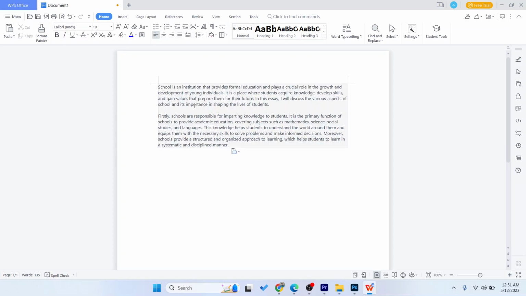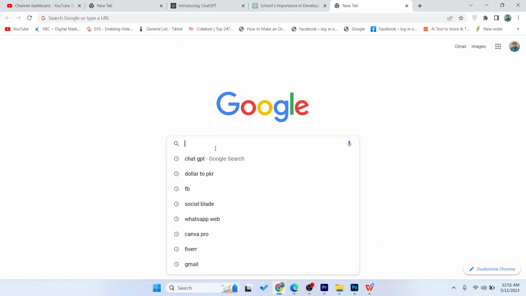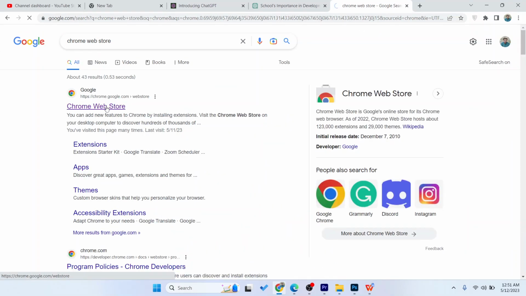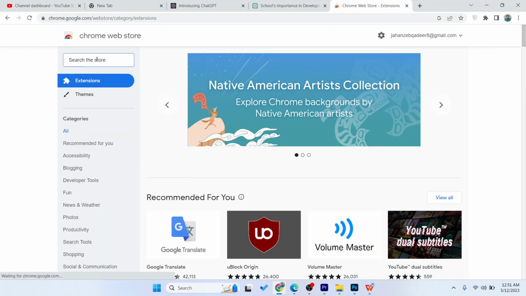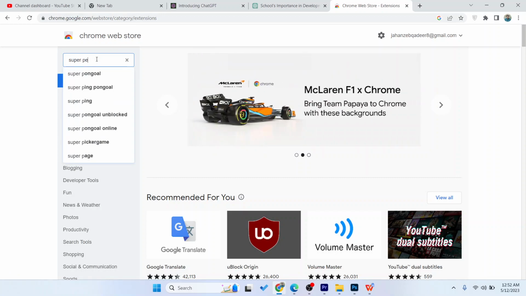So here you can see that when I paste, there is a black box behind this. So how you can remove that? You simply need to go on to the Chrome Web Store, open that, and search for Superpower ChatGPT,